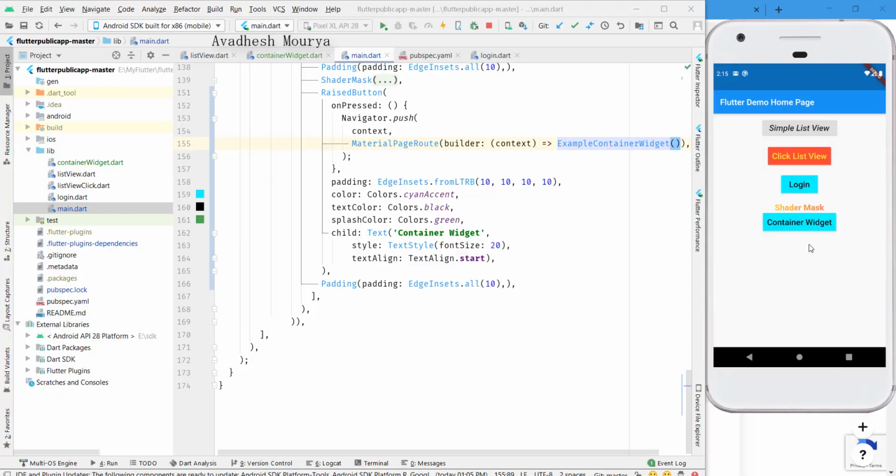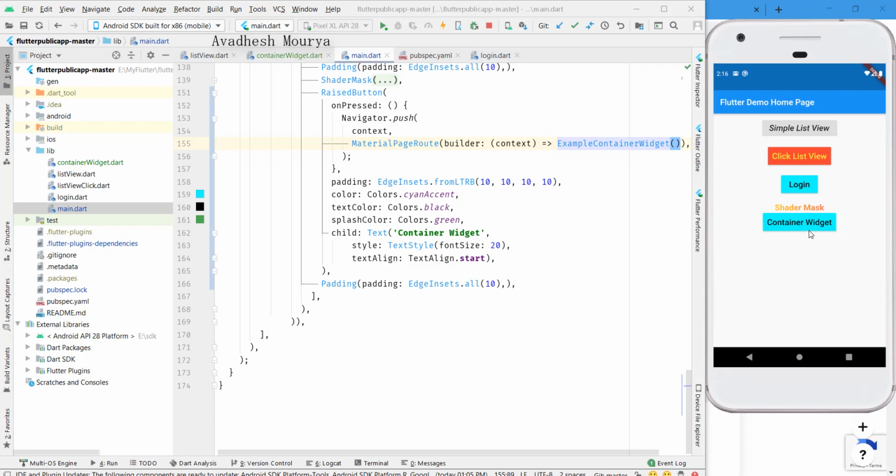So, hello everyone, today we're gonna learn about containers. Do you have a widget that needs some background styling, maybe a background color, shape or some size constraints? Try wrapping it in a container widget. The container widget helps you compose, decorate and position child widgets.